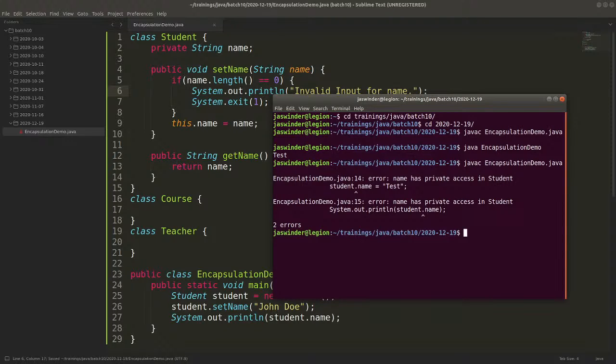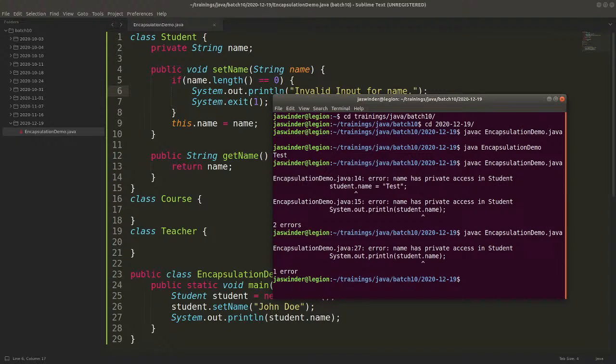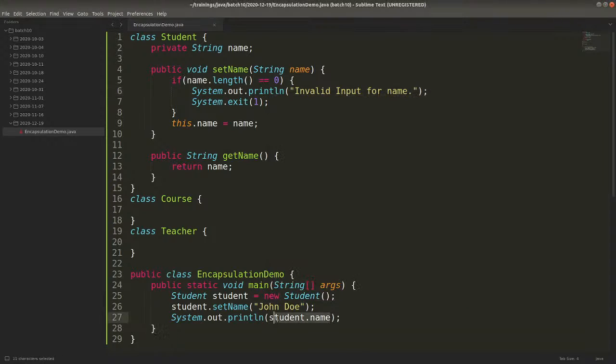So let's compile this once again. javac EncapsulationDemo. Okay, I got another error, that is name has private access in Student. Why am I accessing this name? Because I was trying to display it. So here also you can see now you have an error. Student.getName, I can access it using the getter again. So save this,